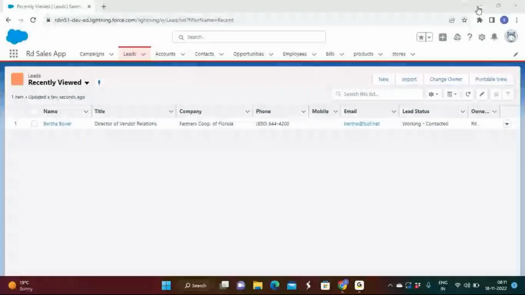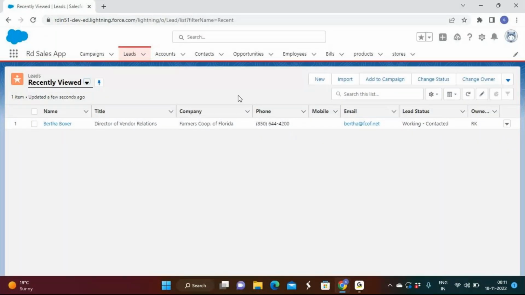If a person left the company, whatever work that he is doing has to be transferred to some other person, or if any new employee joins under his name, they will transfer, right?